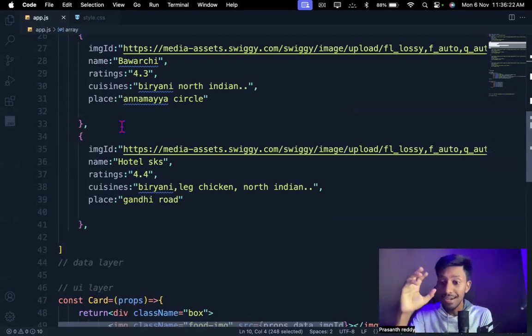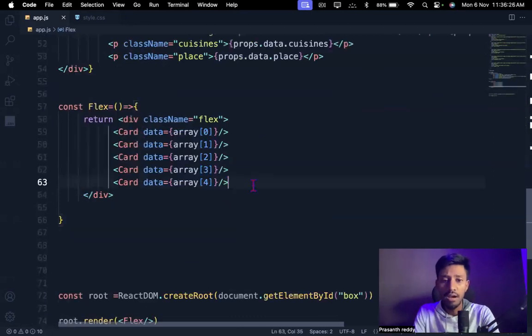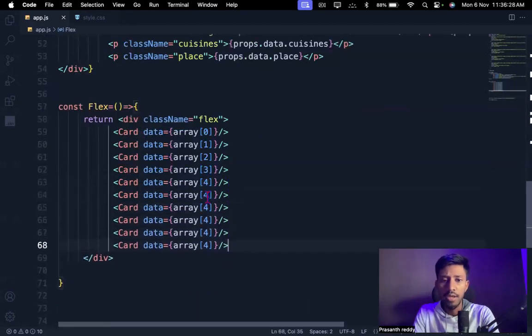If we have 1,000 restaurants, imagine for the 1,000 restaurants, do I need to write the code like this, one after another? Isn't it mad? It is so painful, right? For 1,000 cards, writing 1,000 lines like this is painful. Then what is the way? Exactly, this was the map.